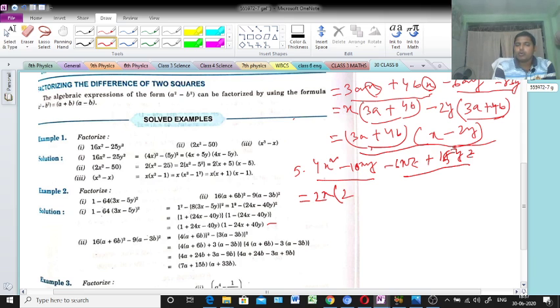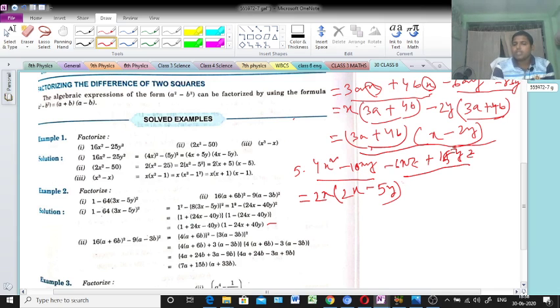Here 2, because 2 times 2 is 4, and x square is there, we have taken x only one time, that means another x will come. Clear or not? After the minus sign, put minus sign. Next 10 is there, so from 10 2 is already taken, that means 5 will come, because 2 times 5 is 10. x already taken, so y is left, y will come. Clear or not? Now first two terms finished, now the last two terms.